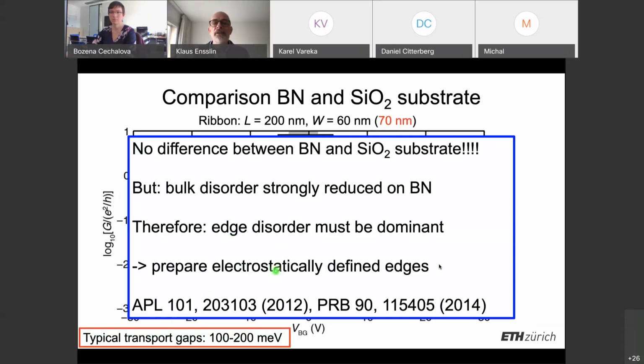So we need to get rid of these rough edges, and one way is to go to electrostatically defined edges. As it is done, for example,